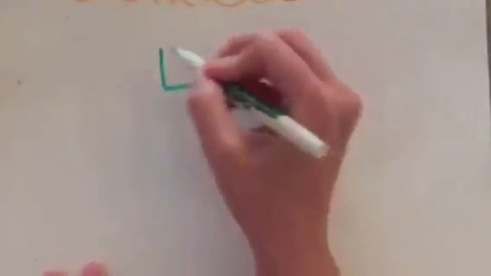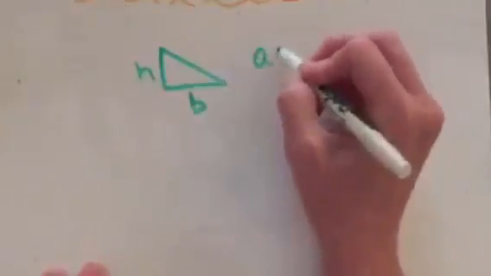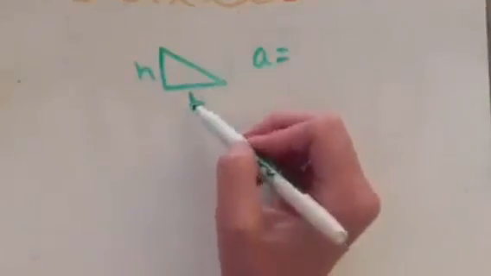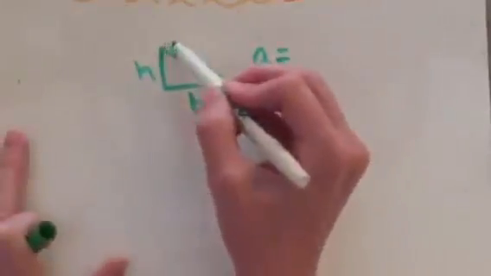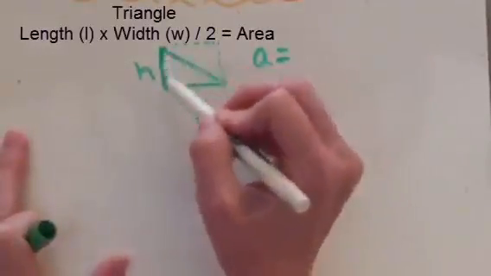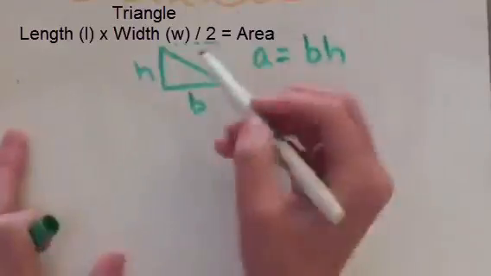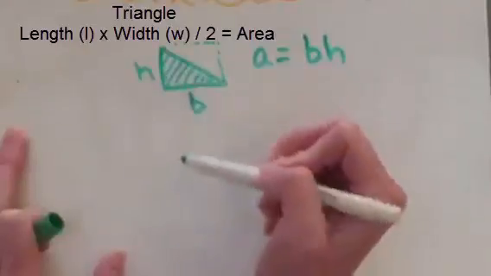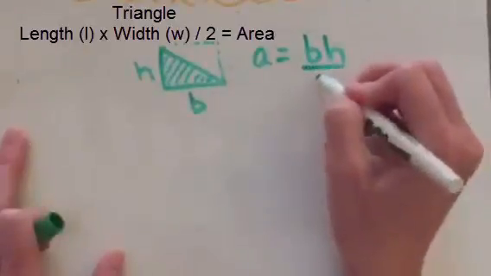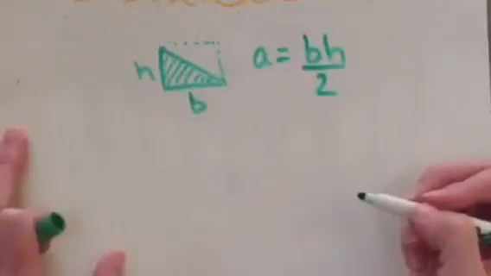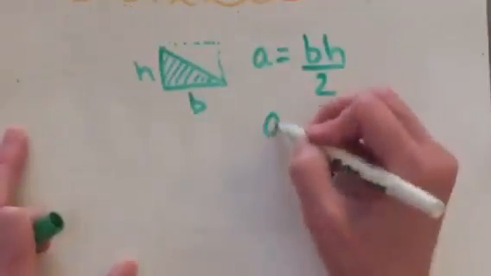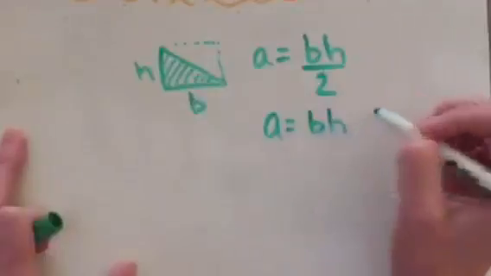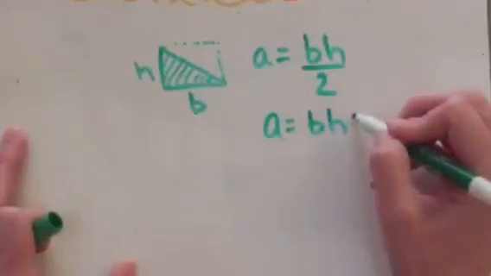For a triangle, we need the base and the height measurement as well. For a triangle, you would multiply the base times the height, which would give you the area of this rectangle. But you don't want the entire rectangle, you just want half of it, because we are only interested in this triangle here. So base times height divided by 2 gives you the area of the triangle. You could also write that as base times height times 1/2,